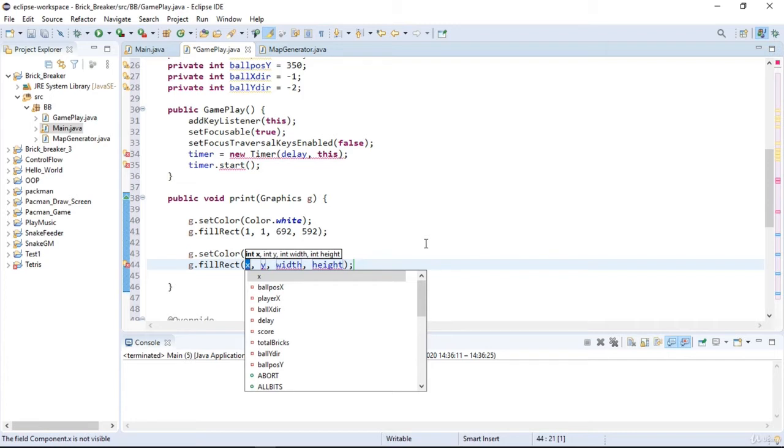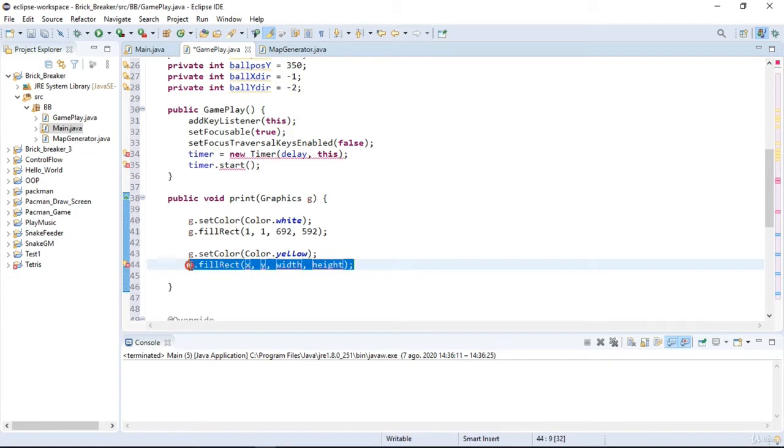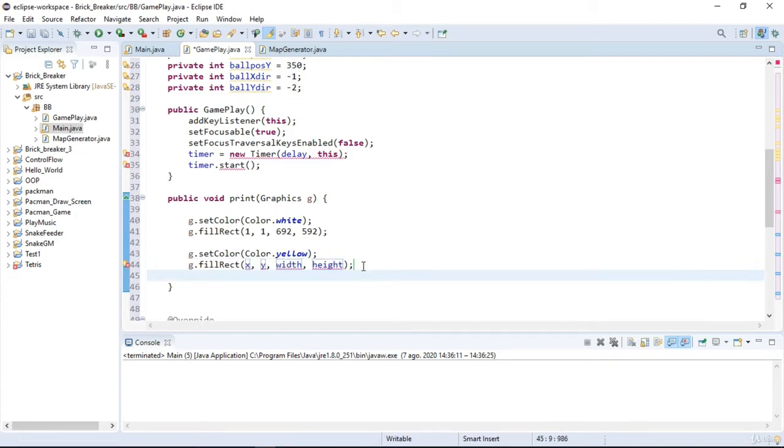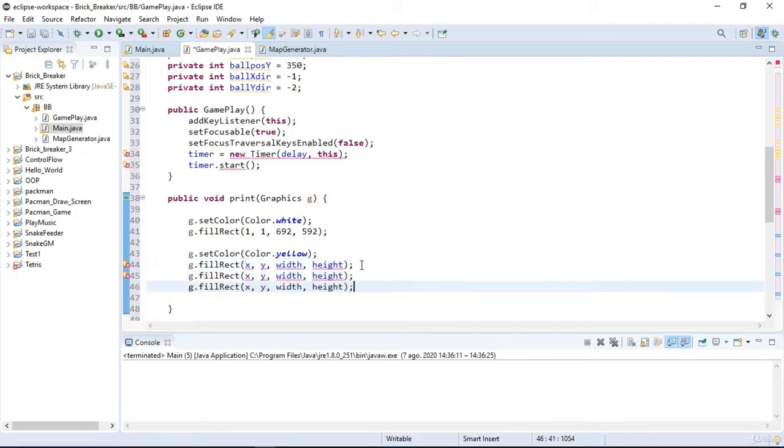So here in a true rows, we'll set the position of the borders. Okay, the first border is going to be shown on